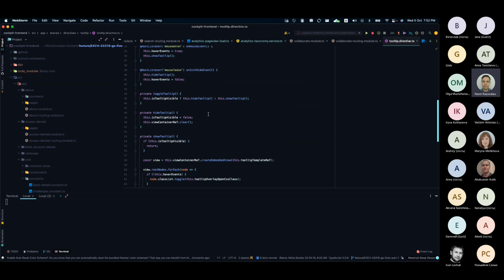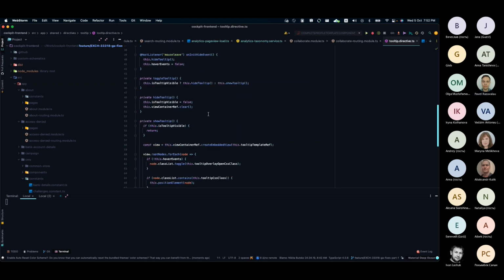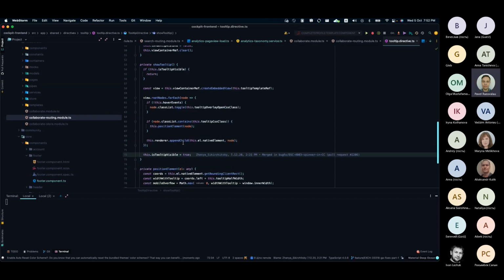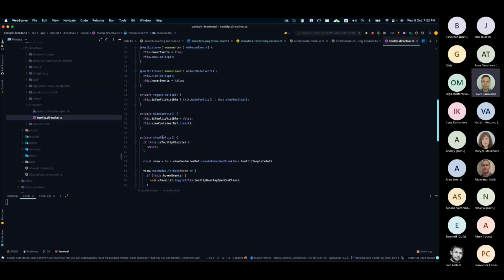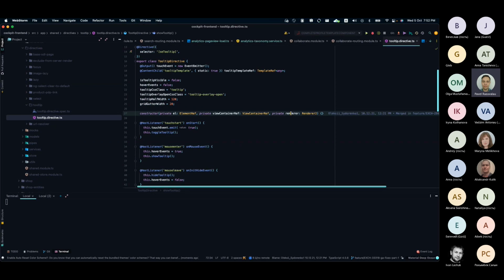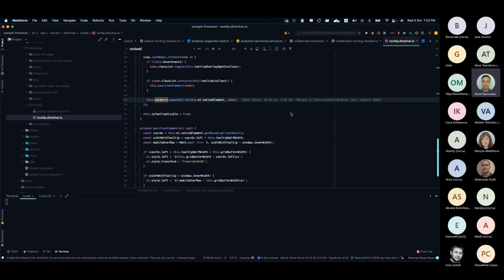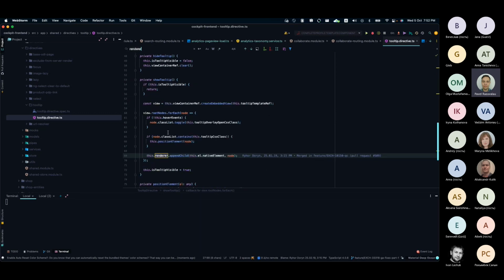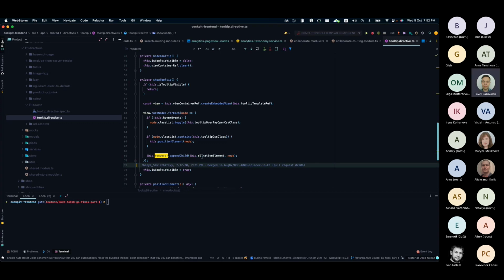What is important here? Yeah, definitely. It actually uses the Renderer, which is used as a dependency to append or remove a child, depending on the condition. In case we want to show the pop-up, we need some sort of element to be appended. And to do so,